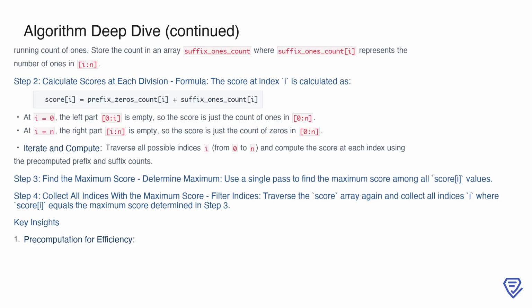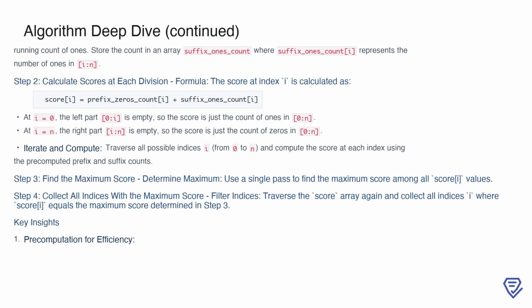The score at index I is the sum of the prefix 0 count at I and the suffix 1 count at I. At the boundaries, the score simplifies. For example, at I equals 0, the left part is empty, so the score is just the total number of ones in the entire array. Similarly, at I equals n, the right part is empty, so the score is the total number of zeros in the entire array. After defining this scoring formula, we iterate through all possible indices, compute the score for each one